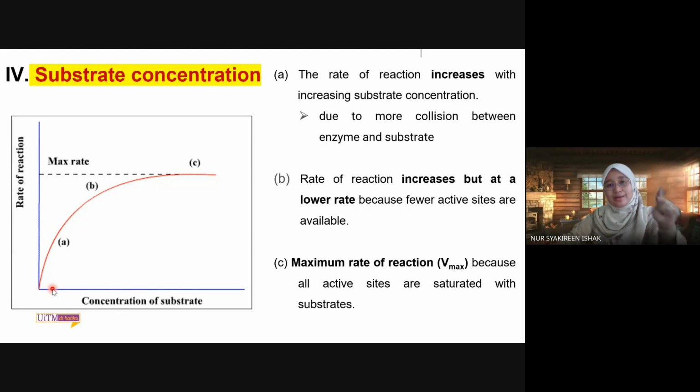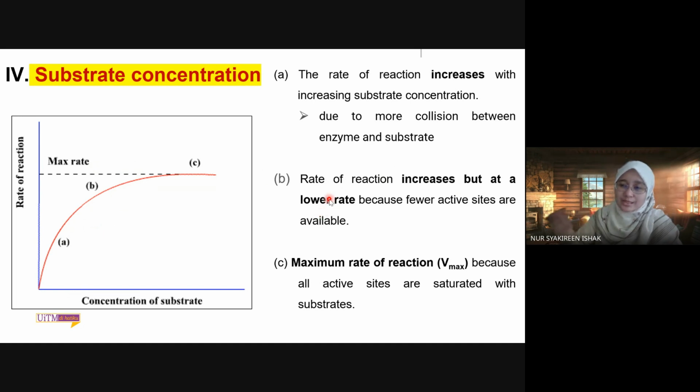10 substrate akan bind freely lah kepada active site of the enzyme, and then you add another 20, and then you add another 30, 40, 50 for example. And so the more that you add the substrate, the higher the rate of reaction because you have ample enzyme at that point of time. Okay, but as you add on more substrate to the reaction, the rate of reaction increases but at a lower